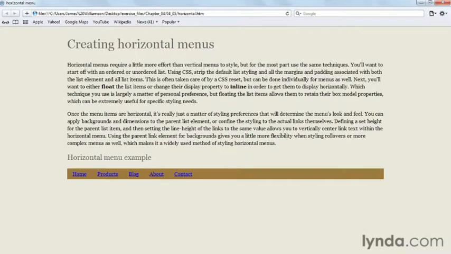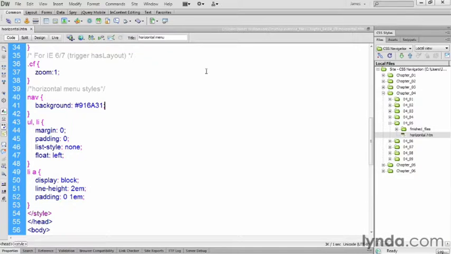The first thing I want to do is the line height on each of the link items. The default styling here of the blue text and the underline, that's probably not going to cut it for this menu. So let's go back into our styles here for the list item A selector, the one targeting the links